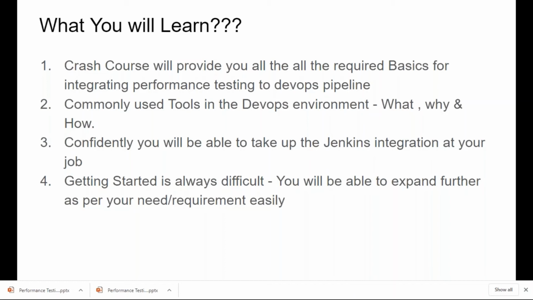Once you go through this course, I recommend you have a similar setup to what I have shown you now, and what I will show you in detail next week, on your own laptop. Maybe today you don't have this project requirement, but it might come in 6 months or 1 year. Theoretical steps will always be there, but once you get hands-on and do all these things by yourself, you'll get a lot of confidence, and that is what we also want to give you through this crash course.